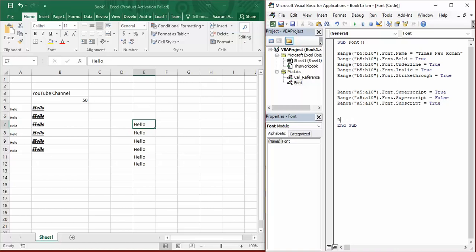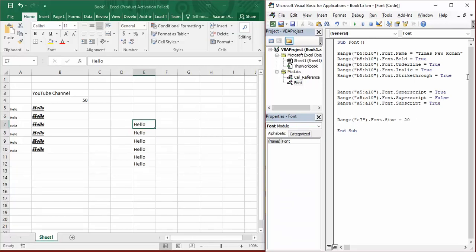You can refer to it using range. The reason why I'm using range is we get help from VB when we are using this range dot font dot. Now I want to change its size. So this is size, put a tab, equals. You can provide the customized size, like right now it's 11. Suppose I want it to be 20.